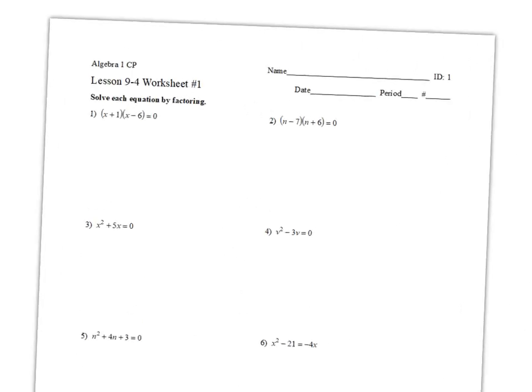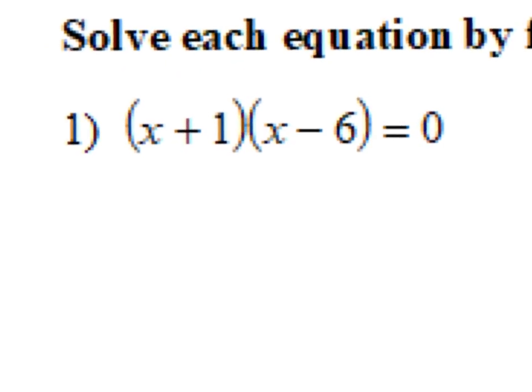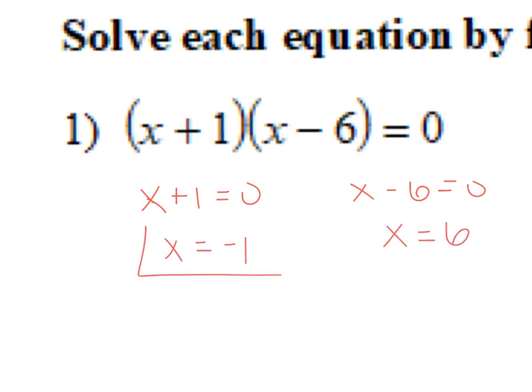All right, this is the answer key for lesson 9 for the first worksheet. So working through number 1 here. Okay, love this. It's already factored. So we're just going to take each factor and set it equal to 0. So I'm going to take x plus 1, set it equal to 0, and x minus 6 and set it equal to 0. So we're going to end up with x equals -1 and x equals +6 as your two